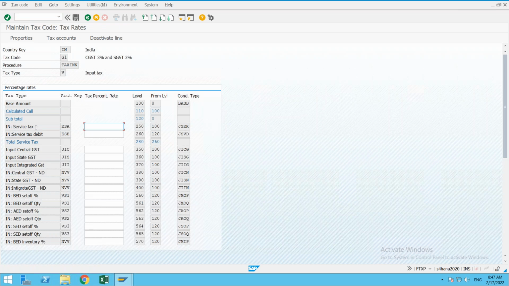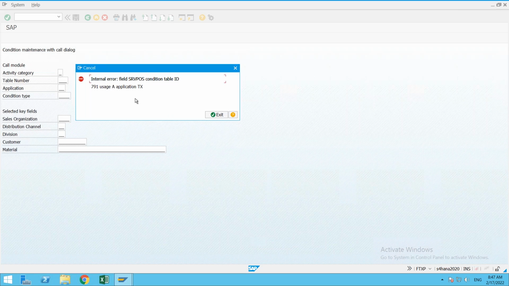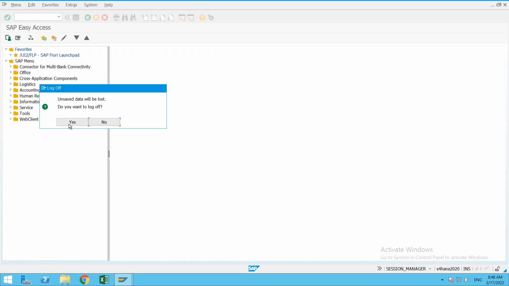The tax code is already there, but when I try to give some amount for CGST and SGST, I'm facing a standard error. This happens because of a service note, like patches, online service patches. For every software, there are patches to be provided by standard SAP. That patch is not available, and that's why I couldn't save the percentage of tax, and I failed in executing the transaction.